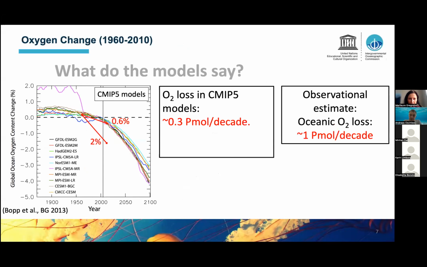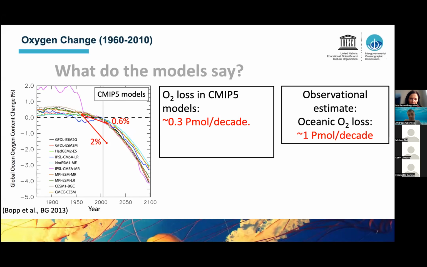And to some surprise, current climate models do not really model this, or there's no good agreement with the data. They see a model about a third, maybe some models only half of the observed oxygen loss over those 5 decades. And so this is reason for concern, since that means current models do not really resolve some of the mechanisms, the processes, and maybe there are substantial deficiencies in these models, which also might have implications for carbon uptake,